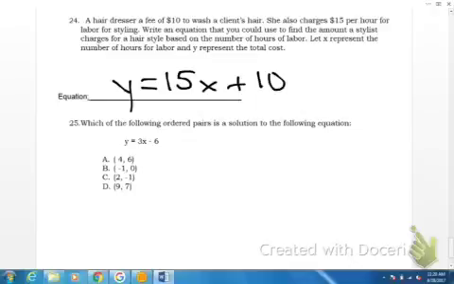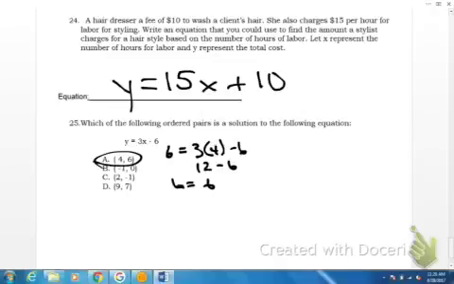And then this last one, which one is a solution? We just need to plug it in and see if it works. If we find one that works, we don't have to keep going unless it would say, like, select all. So in this first one, we want to see, does 6 equal 3 times 4 minus 6? Well, 12 minus 6 is 6. 6 does equal 6. That's true. So I take it and leave it. That's it. And then that leaves our last page,